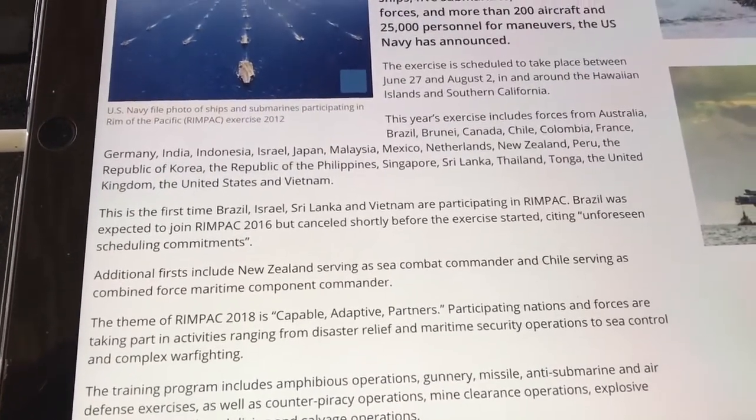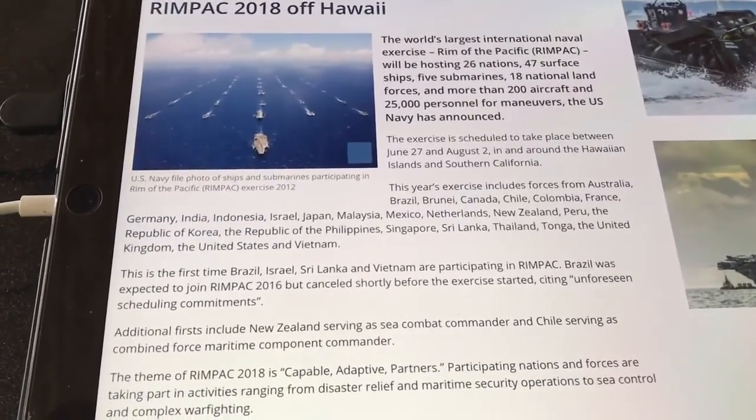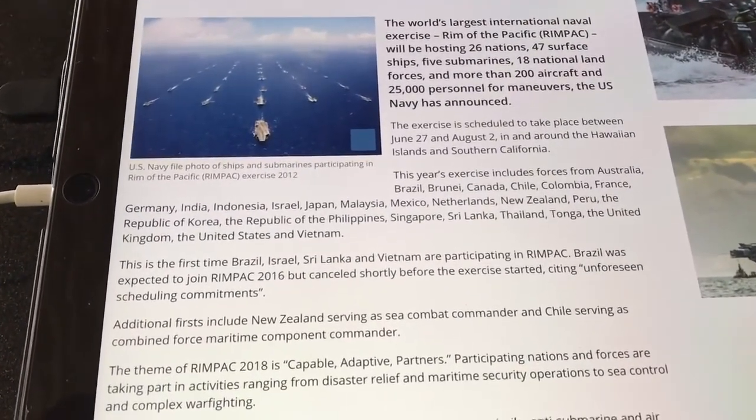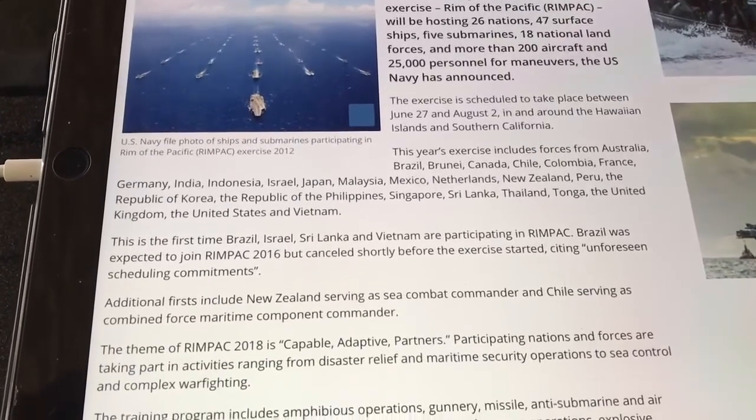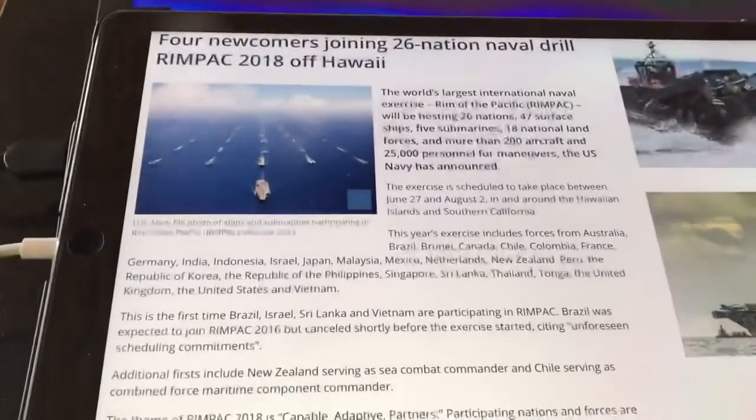So just to give you guys a heads up, obviously we know with false flags there's always a coinciding drill taking place, and the fact that it states disaster relief with all that's going on in Hawaii, who knows, but